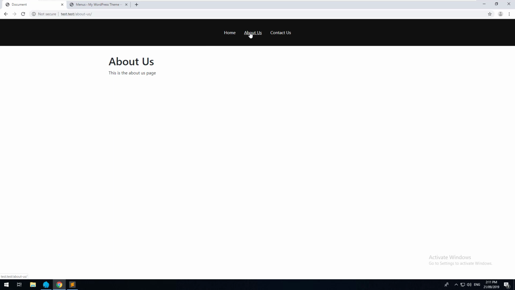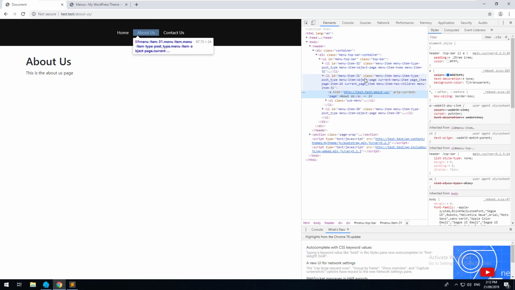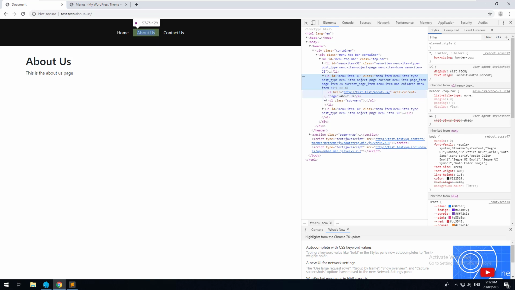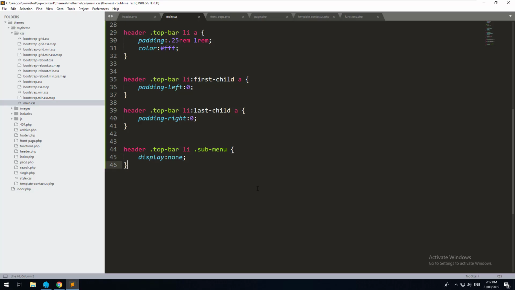If you highlight over this, you don't want it to actually show a submenu unless there is a submenu. So if we look at the code again, you'll see that WordPress automatically injects classes into the list items, and if it has a submenu, it will actually inject a class called menu item has children. So we'll grab that class and we'll go back here and we'll do header, top bar, menu item has children,